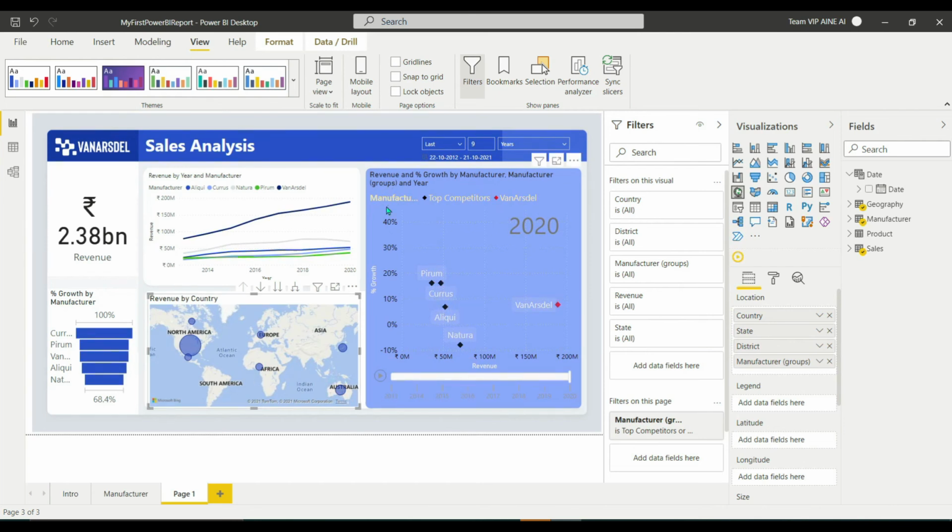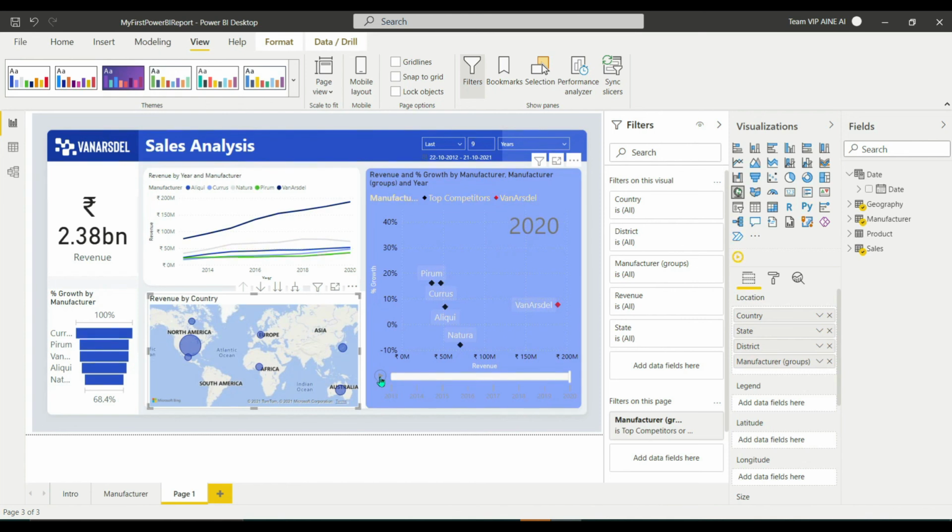This is a scatter chart. The main role of a scatter chart is to show a relationship between two features. For this scatter chart, I have taken the percentage growth versus the revenue feature. By default, the scatter chart in Power BI has a play axis feature, which we can use to see how the percentage of growth and revenue has been affected in each country, year by year.